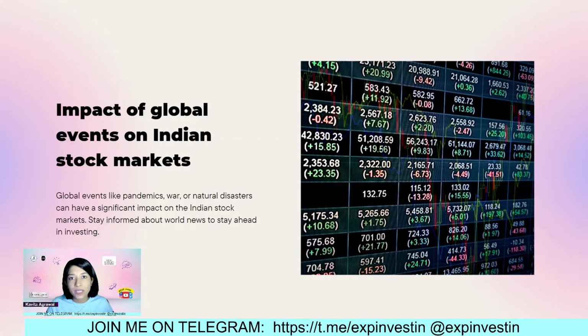Global events also affect the Indian stock market as well as any other markets. If you remember the Ukraine-Russia war, that had a massive negative impact, not just on the global market but on the Indian market too. When the correction in the Indian market started after the Russia-Ukraine war, it took some time to start, whereas it had kicked off much earlier in the US economy. So when there is a massive negative event unfolding, even outside the borders, we have to be careful and manage our active positions in accordance with global events unfolding.